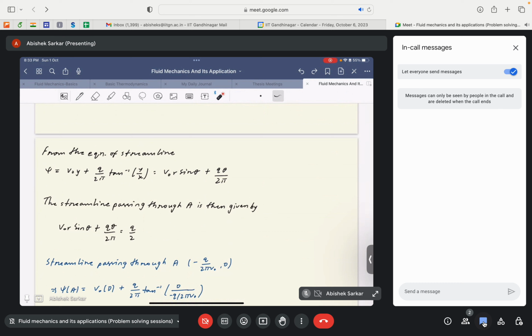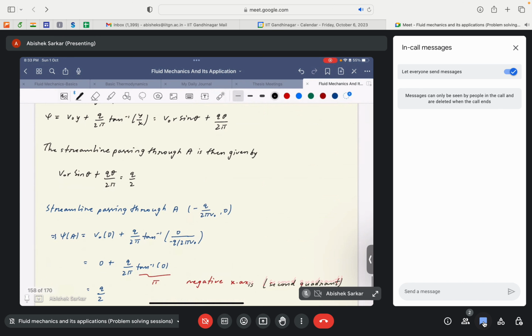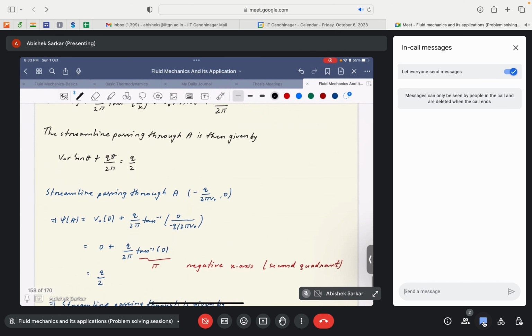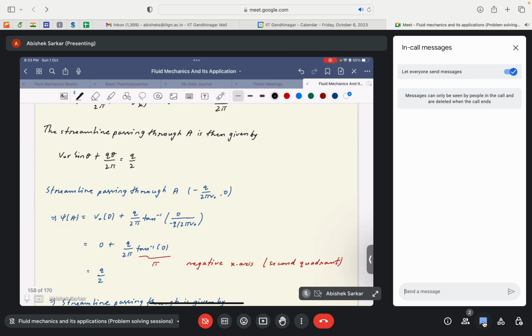Then to find the equation of the streamline, we need to find the value of psi at the stagnation point, right? So we need to substitute the value of y and x, or the coordinates of the stagnation point, in this equation. So once we do that, we find that psi would be equal to q by 2. See here, when we substitute the value of the stagnation point coordinates in the equation of